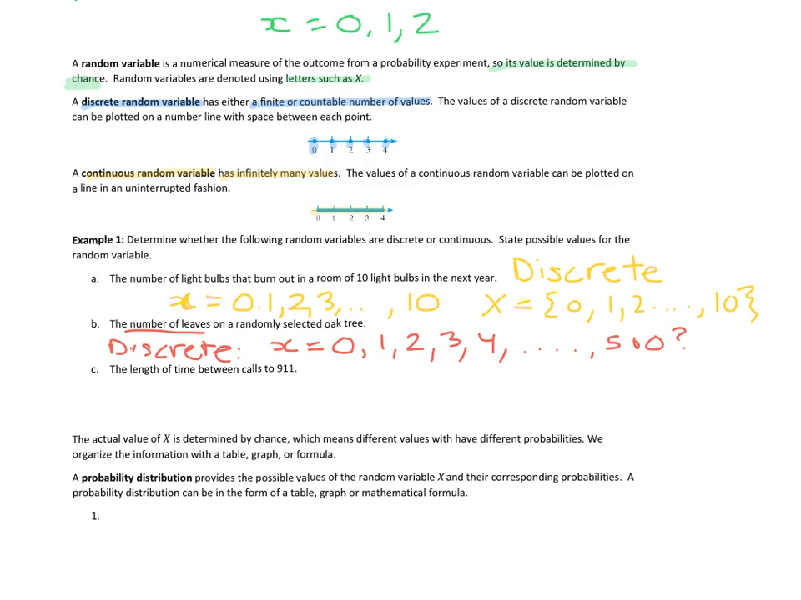All right, and then the length of time between calls to 911. Well, the length of time, that's a measurement. It's a measurement of time. So this would actually be continuous. And some values of the variable. Well, maybe it could be an interval of time. Maybe they call, or a toddler calls 911 and the mother hangs up before they even answer. So maybe it could be 0 seconds all the way up to maybe like,